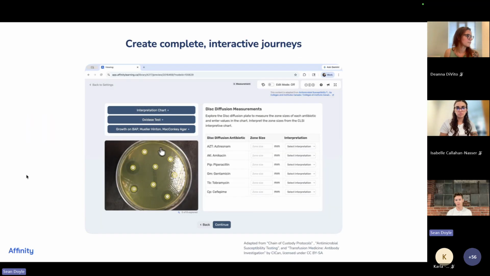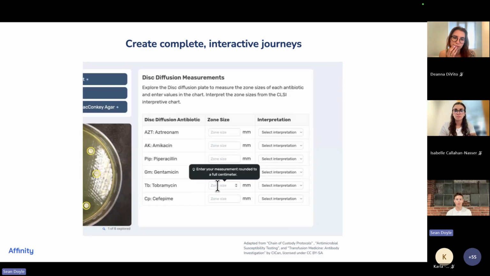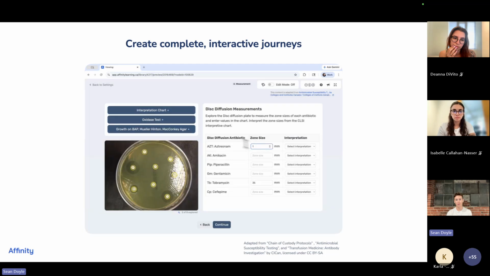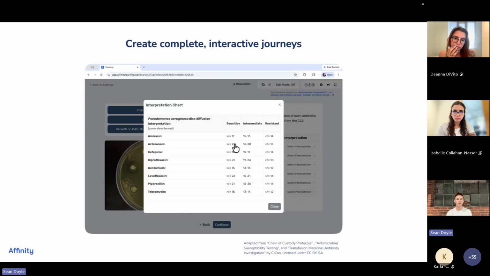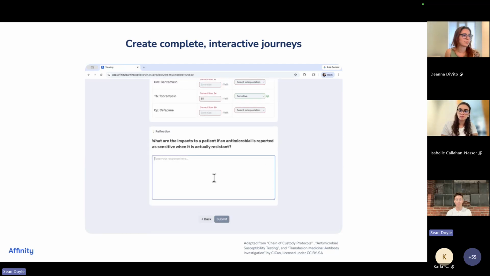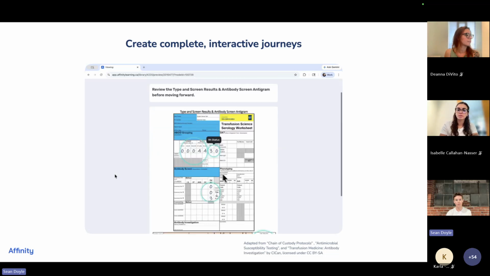And then this is what it looks like to the learner. They go through, they interact with the different media and interactivity that you as the educator have added to your learning journey. They make different decisions, they do different actions, and that controls where they go in the given learning experience. And this is just an example of one of the AI interactions, so long form text with feedback.